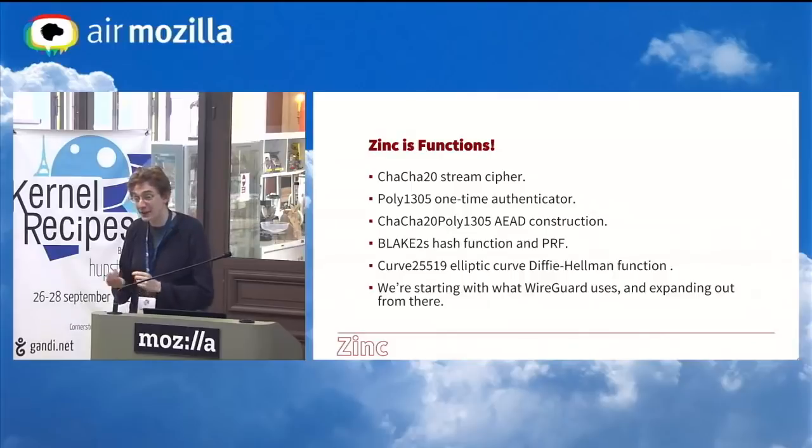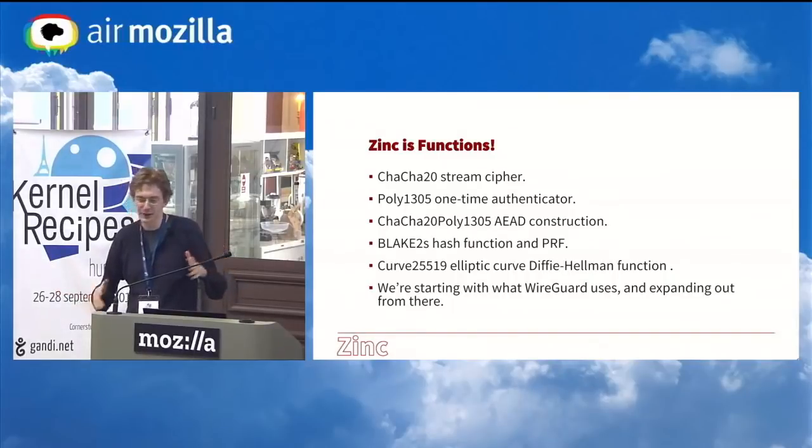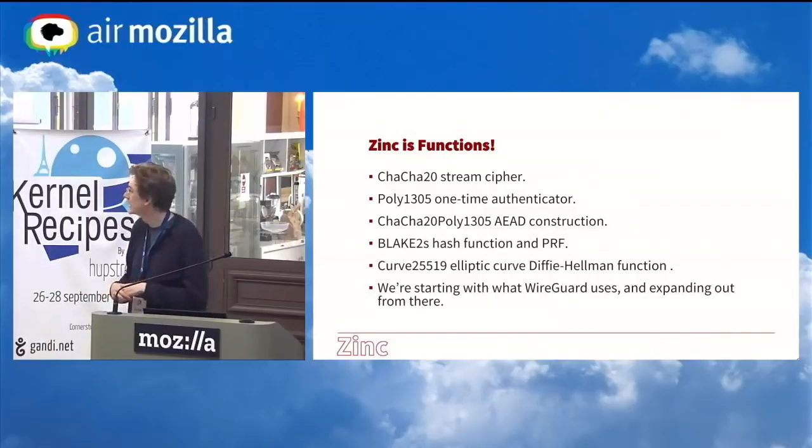We have the BLAKE2s hash function and PRF, which is super fast on all hardware, and it's as fast as MD5, but it's as secure as SHA-2. Kind of nice trade-offs in all directions. We have an elliptic curve Diffie-Hellman function,